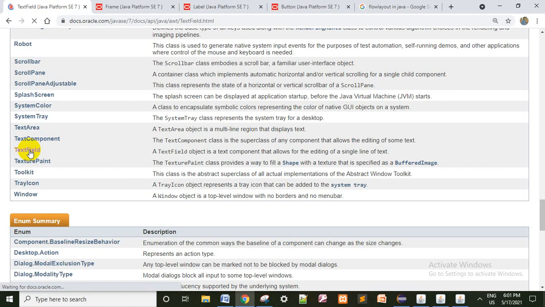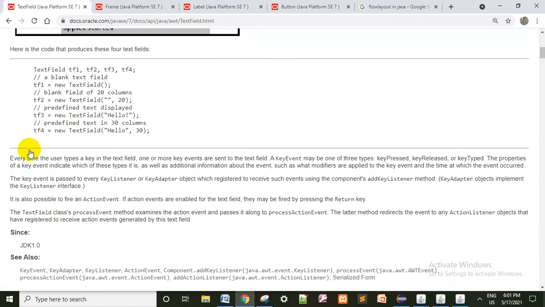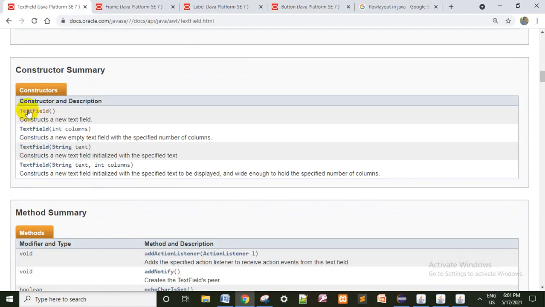So if you want to create a text field, we need to know the constructors. There are 4 constructors. One is the default constructor, that means a no-argument constructor, without parameters. One more constructor is if you want to create a text field in the frame, you have to pass the columns, that means how many characters we need to display in the text field.